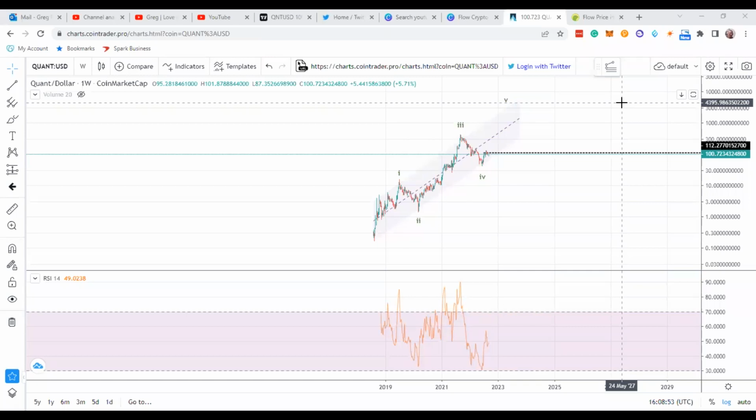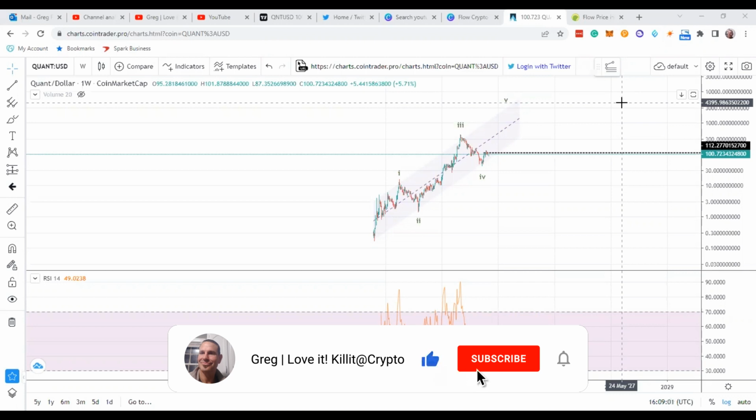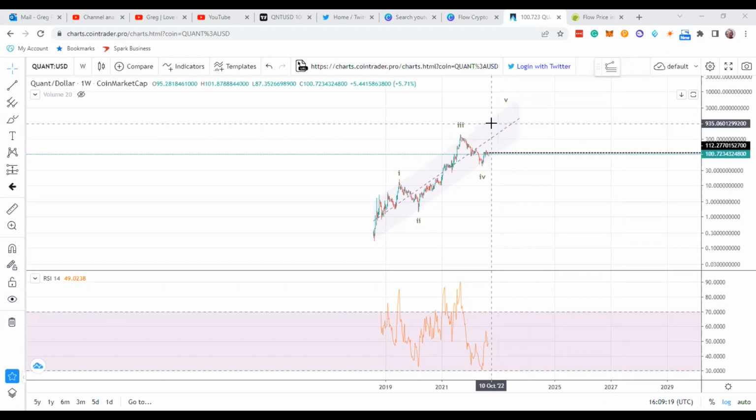I'm Greg. I'm going to go over Quant and have new users, new subscribers. So I go over the overall picture first on the asset so they know where it is in the overall picture for Quant. Quant is in what's called a parallel channel, and it's following it basically to a T. And in my opinion, because it's doing that, you have a really good high probability it's going to finish at the top of this channel in this area.